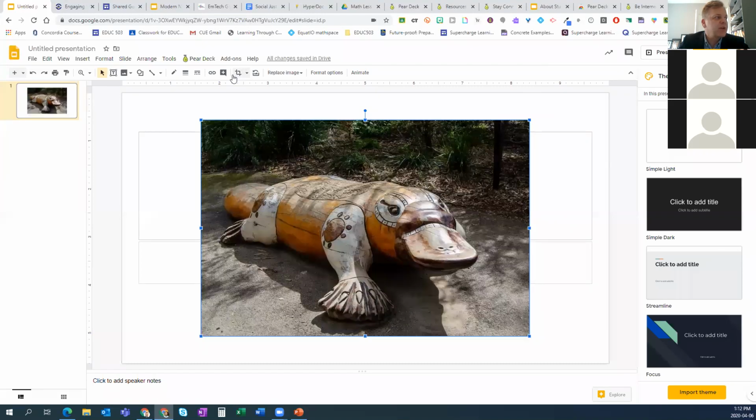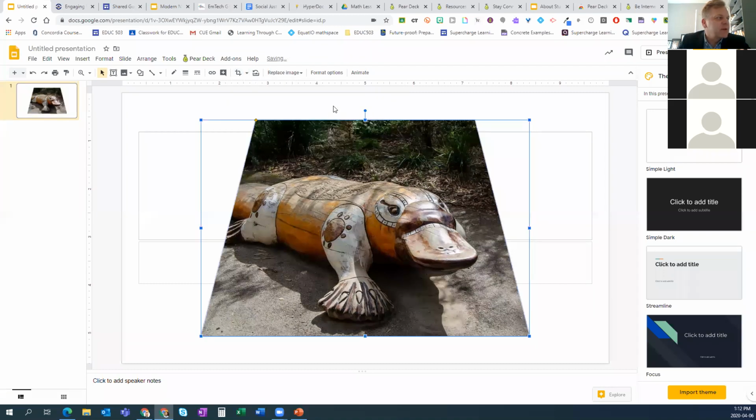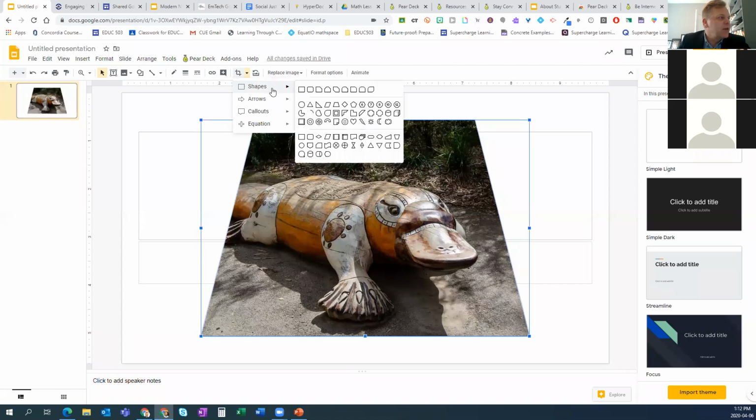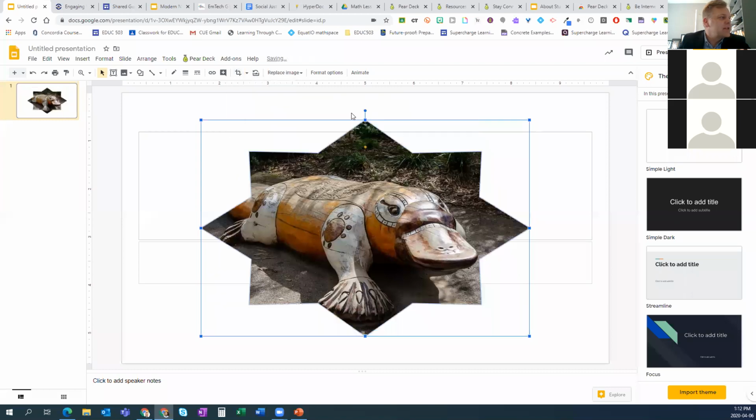Watch this. Remember the cropping feature where you could take away certain sides? They have crop to shape. Hit the little down arrow next to the crop button, and now we can crop it to all sorts of shapes. Okay, check it out. You want to crop it to a star. Let's choose an 8-sided star. All right, now our platypus is cropped in the shape of a star,